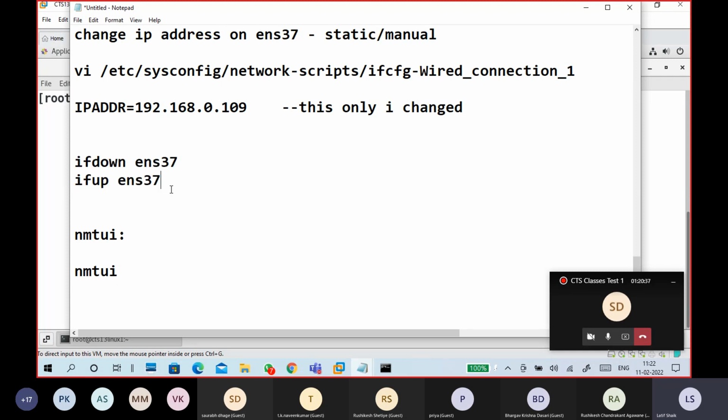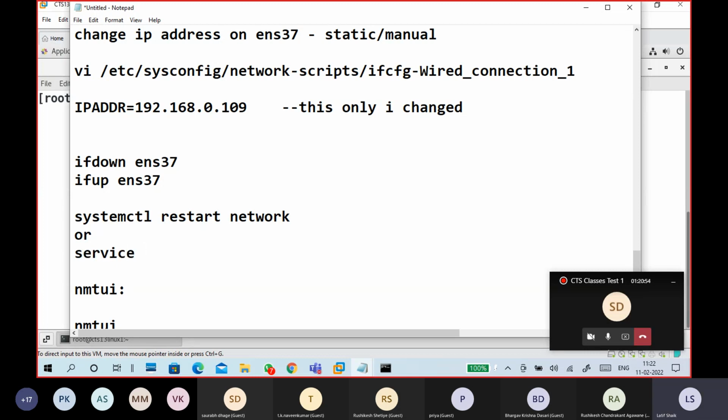If you don't like to put two commands, you can use another command called systemctl restart network, or you can use the old command, service network restart.